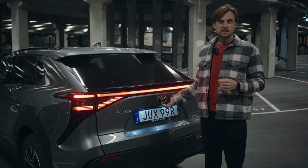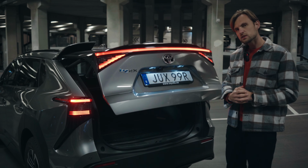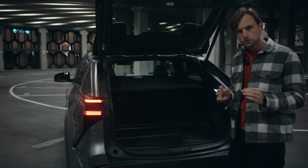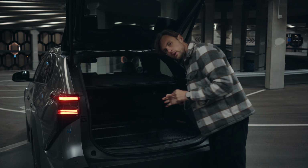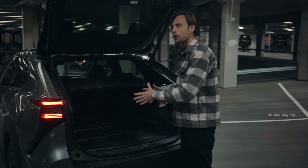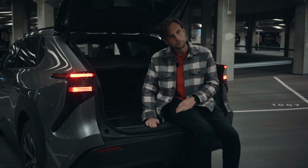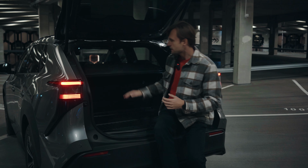The Toyota bZ4X is slightly smaller than the competitors, and you do see that in the rear storage compartment. Around 450 liters of storage space, but it is very wide. And I do like that because you can fit golf clubs, things that are long, without having to fold down the rear seats. Luckily, the loading lip is completely flat, and you can fold down the rear seat in the standard Toyota manner